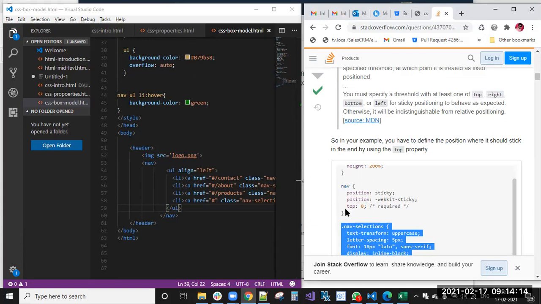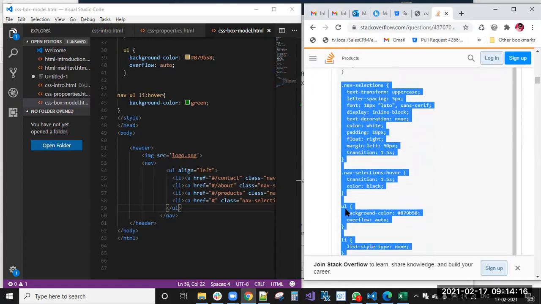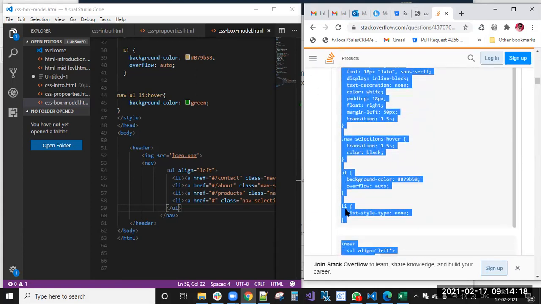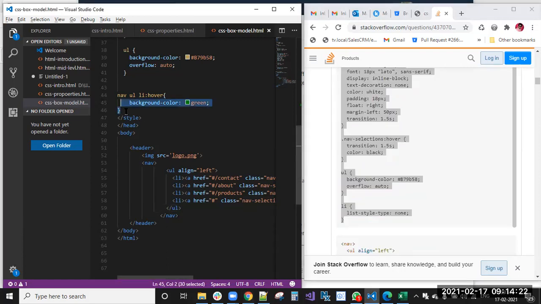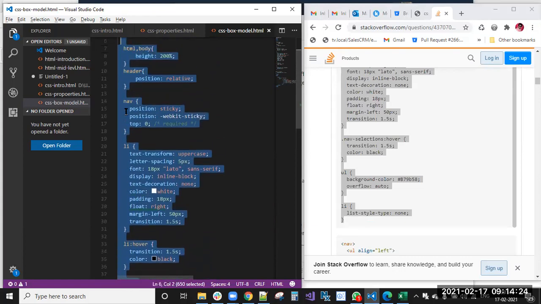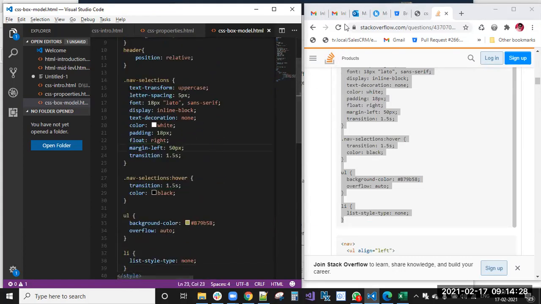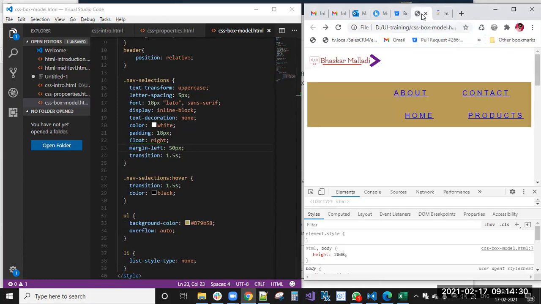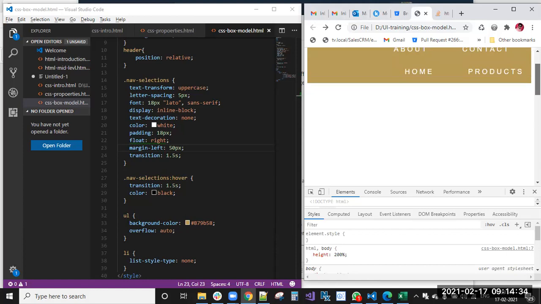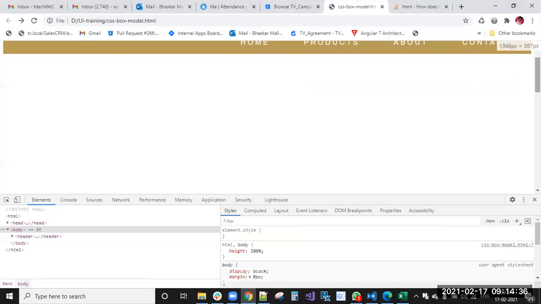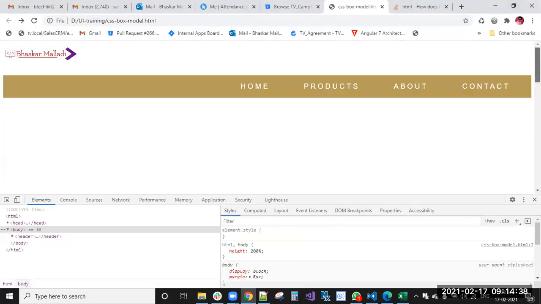One minute, guys. Whenever you are stuck on something, you can take Stack Overflow help. Here you will get exactly the same scenarios, because experienced guys are there, right? Sorry, not this one. Don't scroll actually.